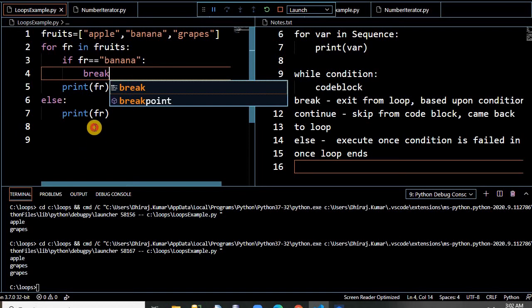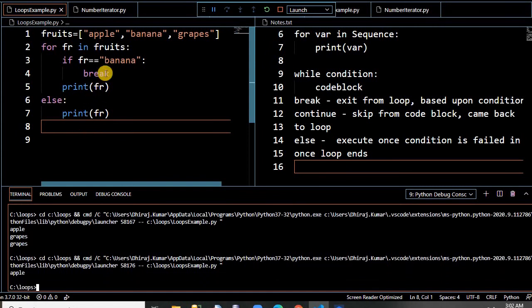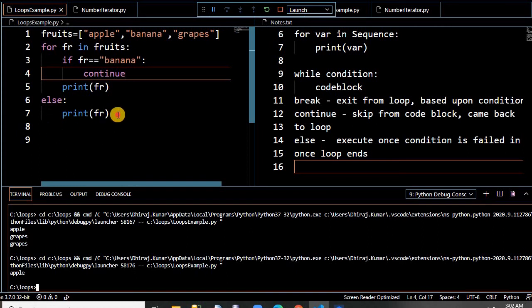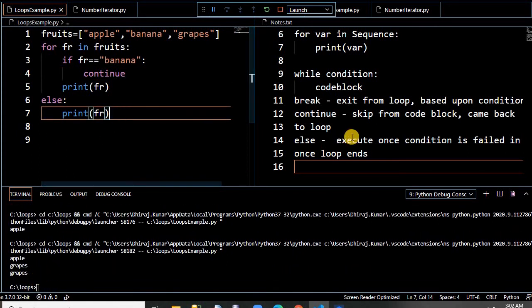If you run this, here you are only printing the apple. It's not going to another loop. If you put continue here, okay, it will go to the else part. See, it's going.